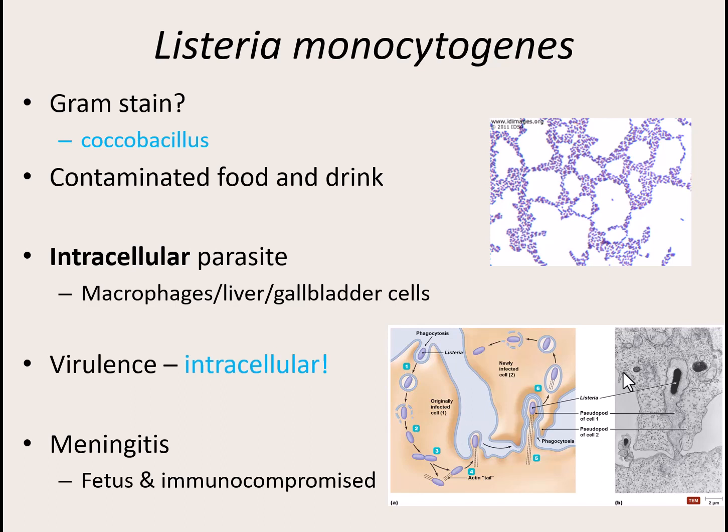When we gram stain it, again, it is gram-positive, and it's bacilli, but they're very, very short rods, almost round. So we call it a coccobacillus shape. Because they're not perfectly round, we can't call them a coccus, so we kind of smush the two words together. It's not quite coccus, it's not really bacillus, it's a coccobacillus.